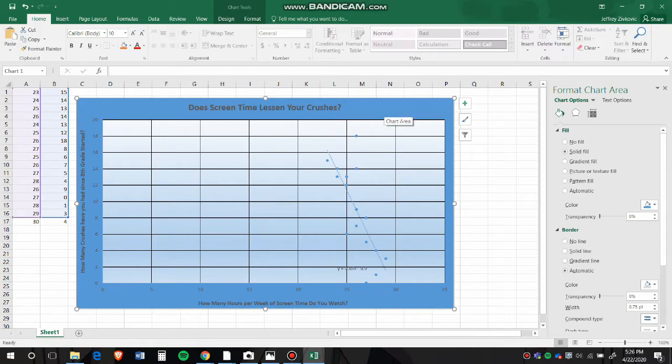I'm not making any actual requirements on this. You're not required to do anything with the appearance. If you want to just leave it plain, you're welcome to, but I hope that you'll at least experiment with it and try out a few things to just have some practice with making your work look like you put some more thought and care and quality into it. So have fun with doing that, and while you're doing that, think a little bit more about your data, about what you might have learned from collecting this data,